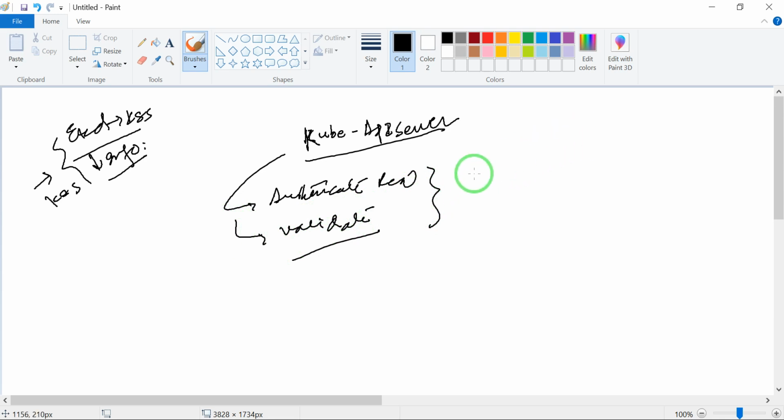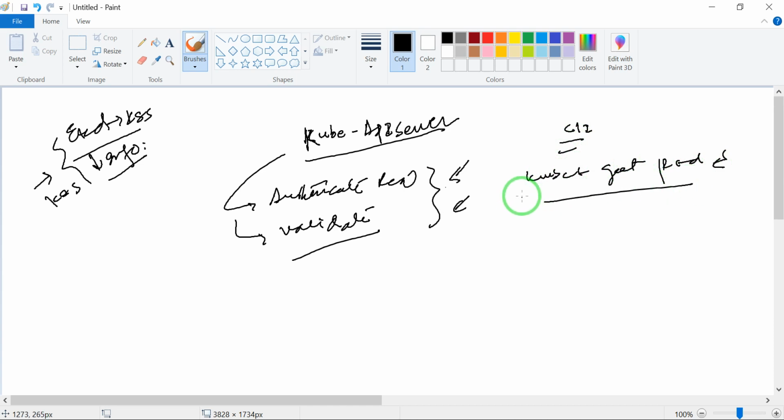Let's suppose you are in your CLI and you just run kubectl get pods. The request goes first of all to your Kube API server.